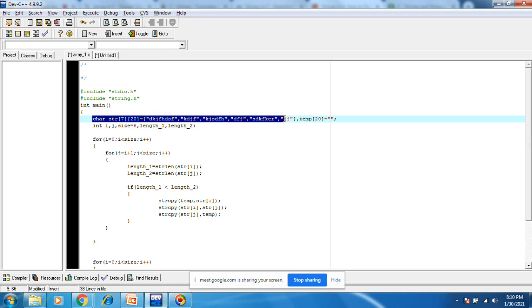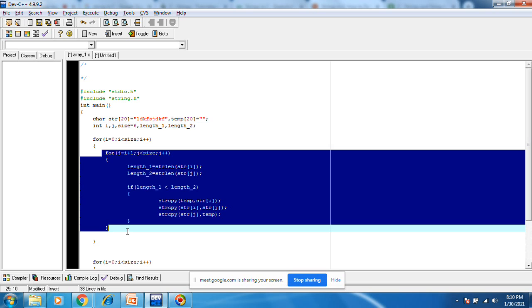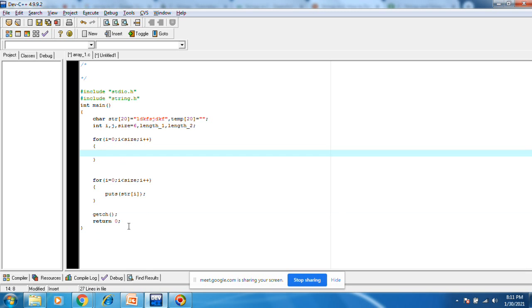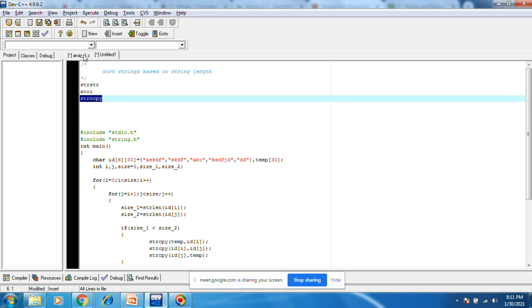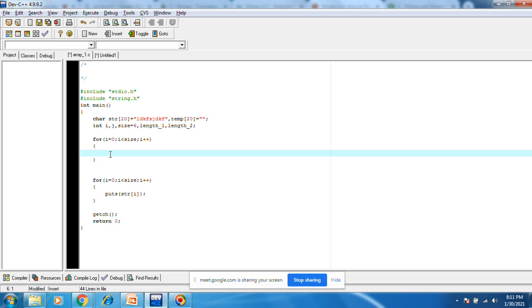char str equals to something. Now let's print how the substrings will work here. For substrings, what we'll do is use strncpy. How does this strncpy work here? strncpy into temp.